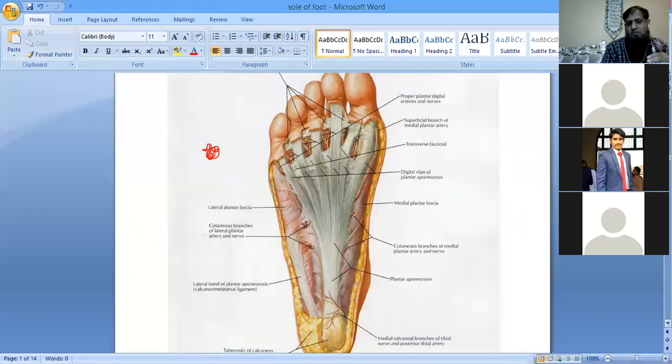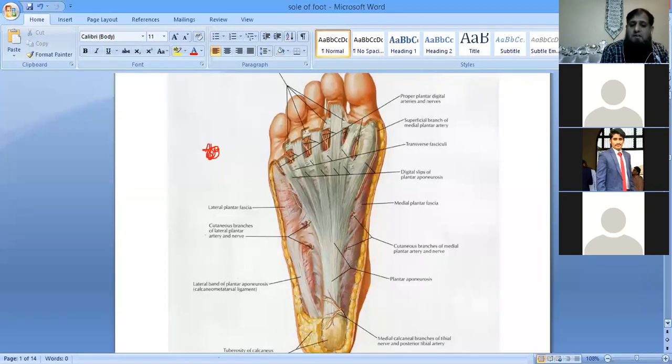Number 2, it is going to fix the skin with the sole of the foot. ऐसा ही है ना? आपकी जो skin है, it is not easily freely mobile. ठीक है? Skin is not freely mobile on the plantar surface, right? And it is due to the attachment of this plantar aponeurosis to the underlying structures. ठीक है जी. And number 3, it is also responsible for maintaining the longitudinal arches of your foot. Arches का मैंने आपको बताया था ना, you put your foot over the ground, तो आपका जो पूरा का पूरा पाँव है, it is not going to come in contact with the surface. So these arches are basically supported by the plantar aponeurosis.